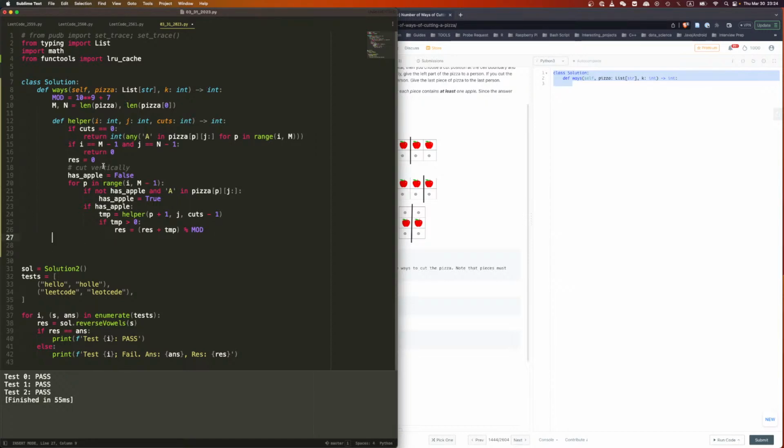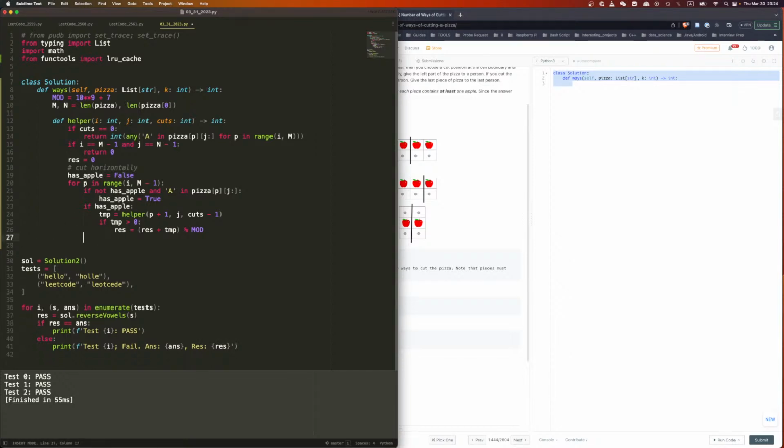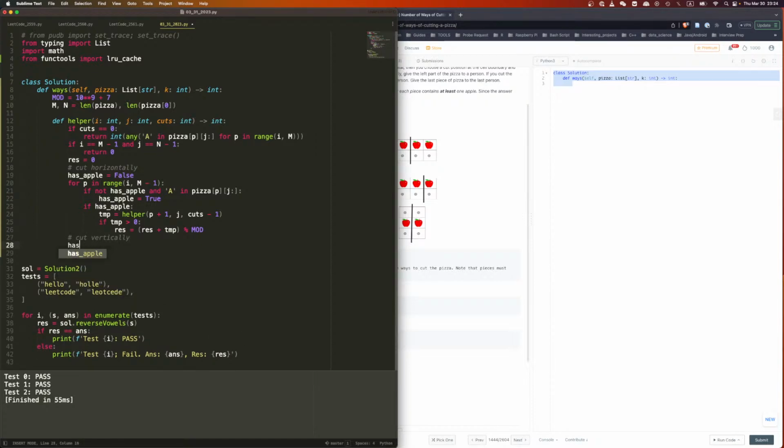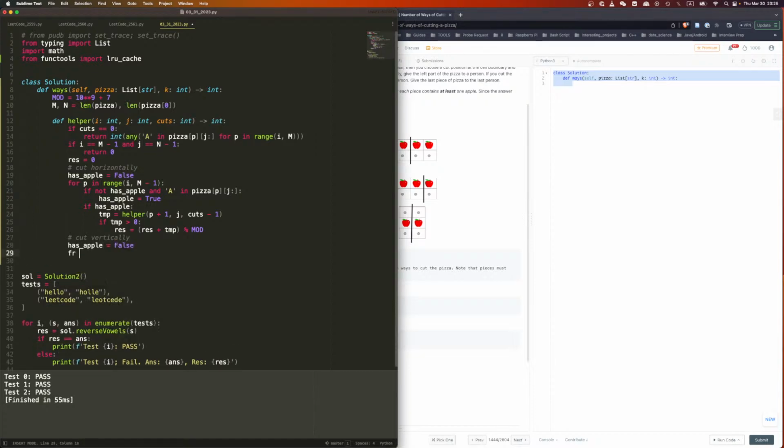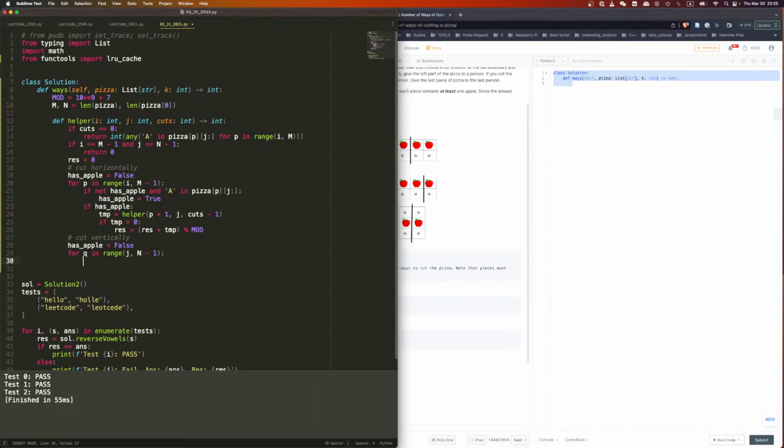No, that's cut horizontally, my bad. Next one is cut vertically. Again, has apple is false. For Q in range J to N minus 1. Okay? If not has apple and